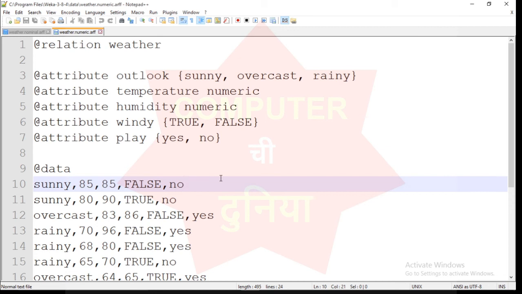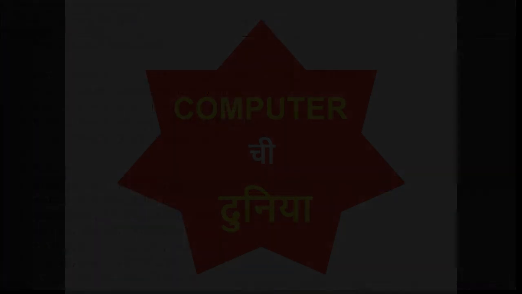The things to remember are the long form of ARFF: Attribute Relation File Format. The structure of an ARFF file is made up of three sections: @relation, @attribute, and @data. @relation represents the name of the dataset. @attribute represents all the attributes present in the dataset, and the @data section represents all your records present in the dataset. This is all about ARFF file format.